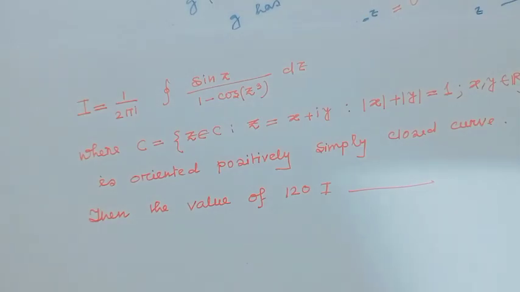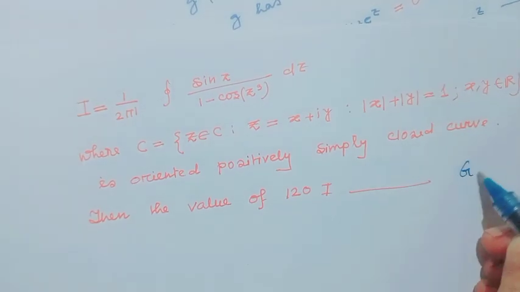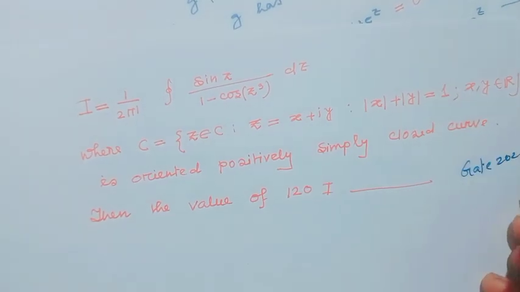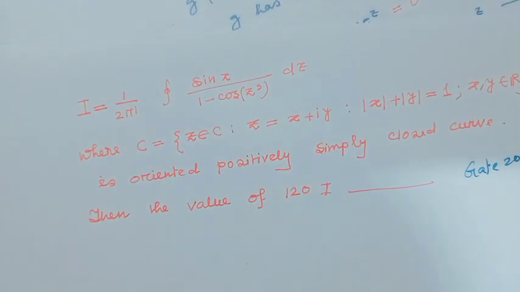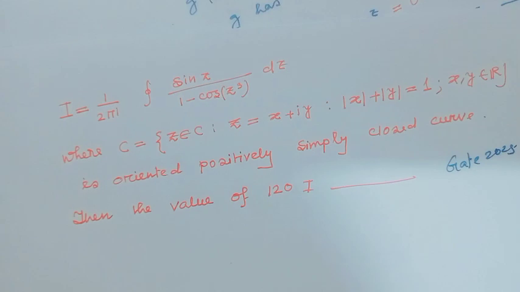Next question, which came in the GATE 2025 exam. The question is I equal to 1 over 2 pi i times the integral of sin z over (1 minus cos z) cubed dz, where C is the set of z belonging to the complex numbers, z equal to x plus iy, such that mod x plus mod y equal to 1 and x, y belong to R, oriented positively, a simple closed curve. Then the value of 120 I is,